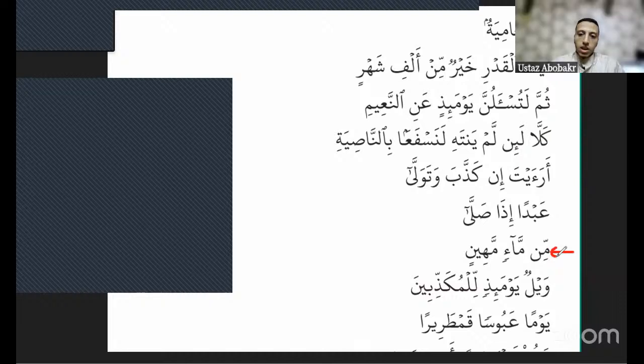Mhm. So idgham bi ghunna. Yes, very good, Barakallah fik. We have two, not just one. Of course, we have nun sakina and meme, and then a tanween, and then again a meme. It's the same thing we do to the nun sakina. We have done it also here to the tanween we have here. We do ghunna, of course. That's idgham bi ghunna. So mim, ma'in mahin. Very good. How about this one?